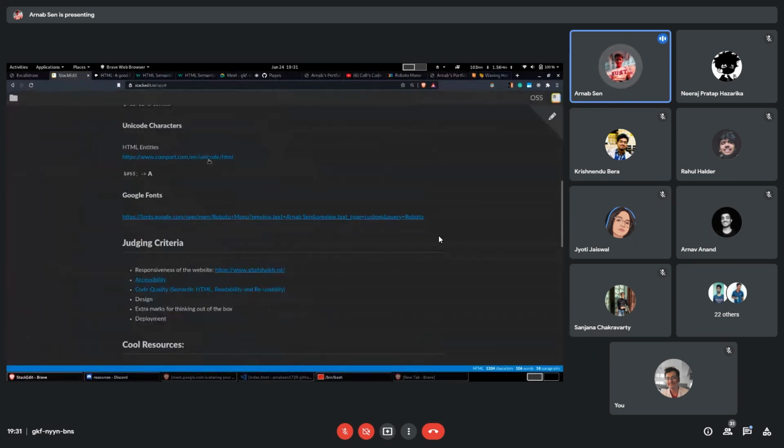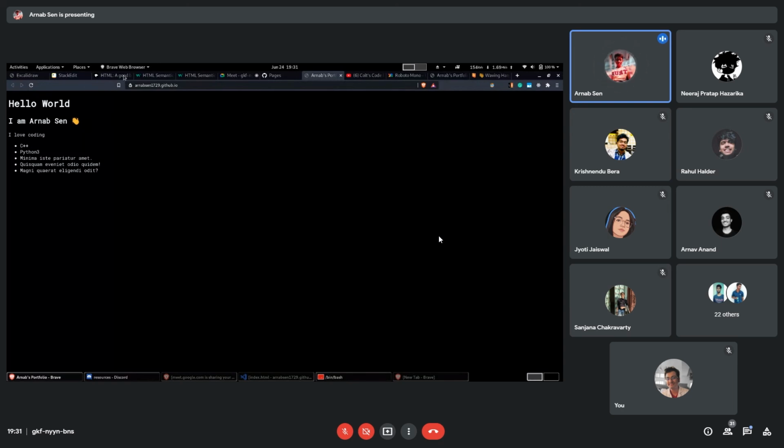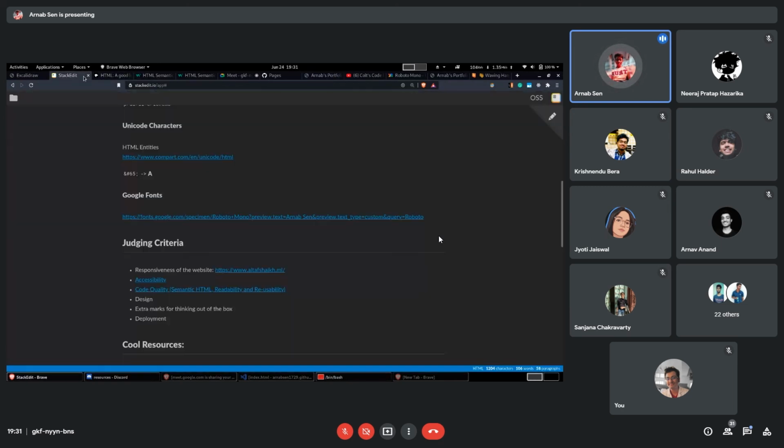Basically, make sure you're using the code properly and your code is readable. Make sure you have proper CSS class names, and that's it. Design, yes, it should look good. I mean, don't just make it like mine. Don't keep it like this. Make it much more interactive, and whatever you feel good about.